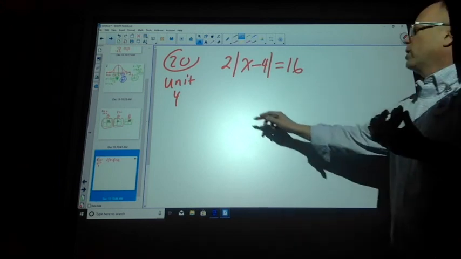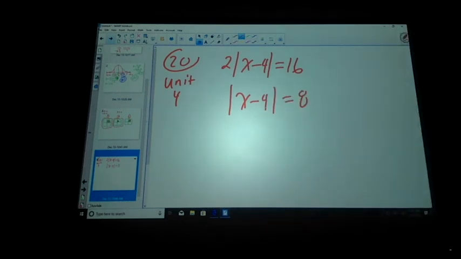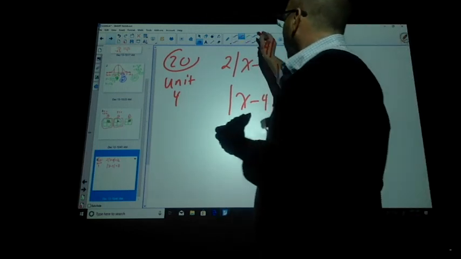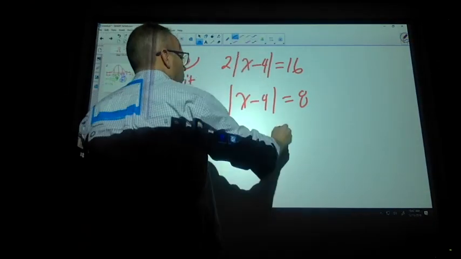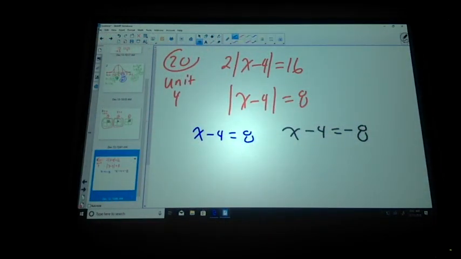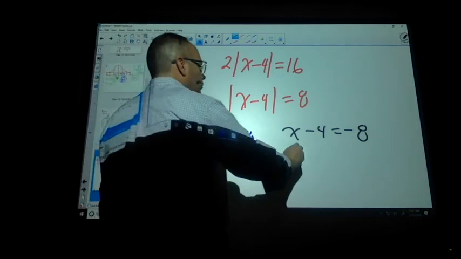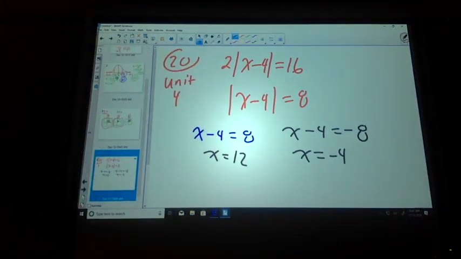Okay. So first thing I'm going to do is this. What did I get? Why did I get that? Oh, you divided it. You divide everything. You divide the outside by 2. You get the good stuff. Is that okay? What are my 2 equations? x equals 12 and x equals -4. Done. Wait, why don't you do like x plus 4? Oh yeah, I do x plus 4.